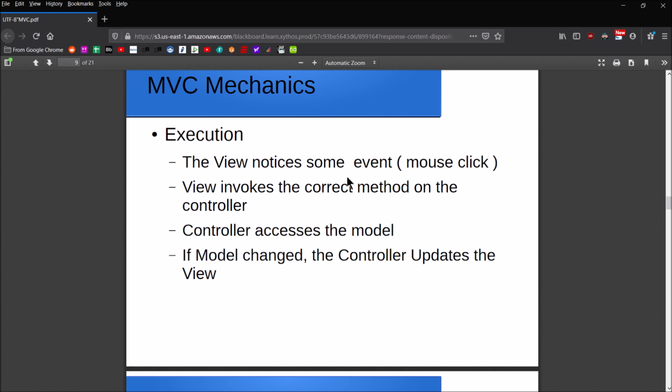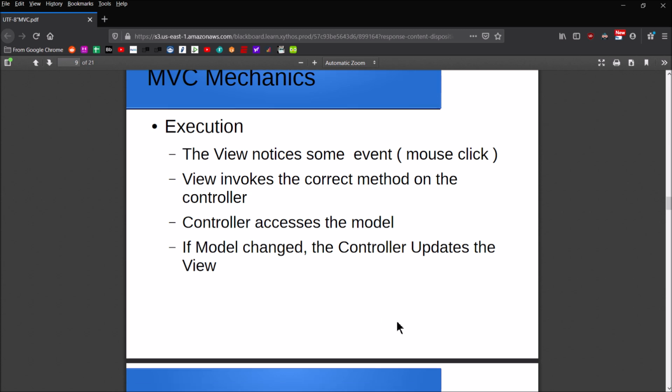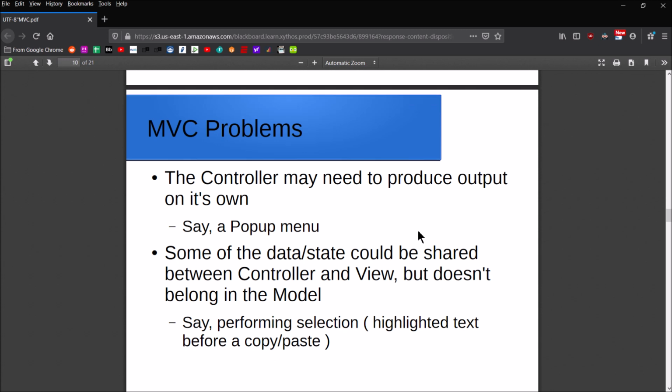And then it would turn around and invoke a method somewhere in the model and say, hey, model, store this name, right? And then as a response to that storage, it could be time to update the screen on the view, right? Let the user know, okay, everything's been saved, right? So you've got these three different pieces all working together, view and model not directly interacting, controller standing in between,